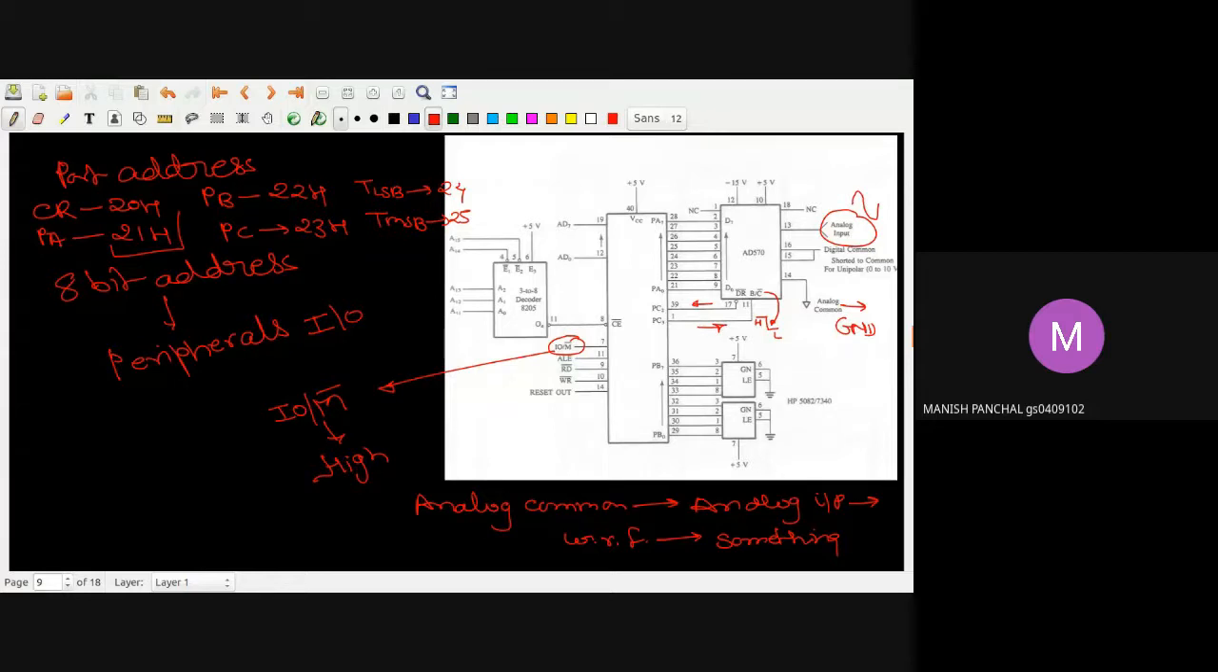Any idea for that? Please tell me. Anybody from yourself, please justify: what is this address? What will be the address of port A, what will be the address of port B, what will be the address of the control register? What is the address? Because I had taken the output from 13, 12 and 11, so it will be